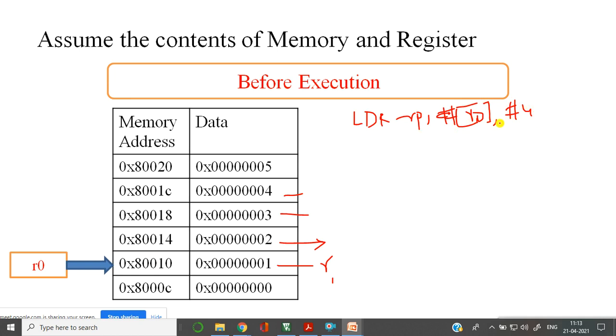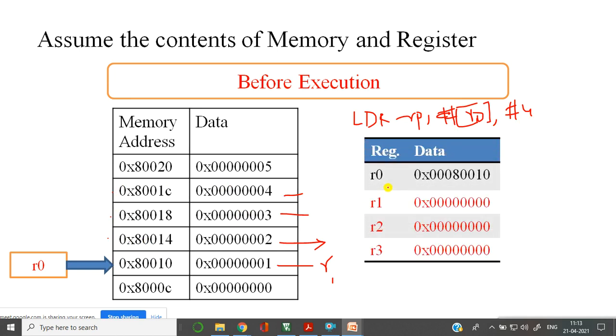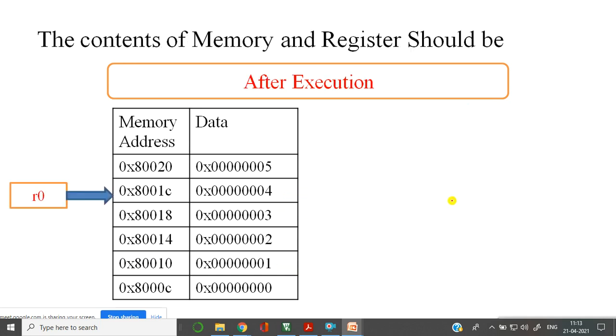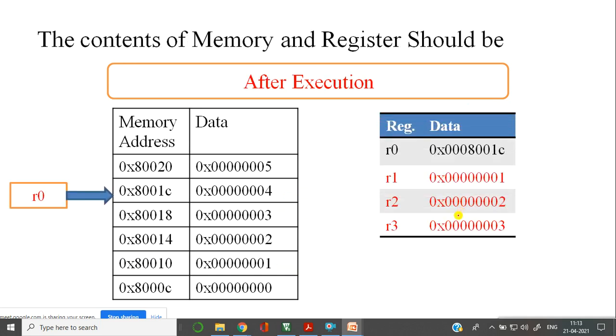So this is a post-indexing address mode I would have used, and I would increment 4 times, right? Because every time it should be incremented. Then this data will be fetched once again, and after that this data will be fetched. Is it possible to fetch at a time? Right now I need to assume that R1, R2, R3 data is 0. Now, is it possible that after execution, this should be my data?